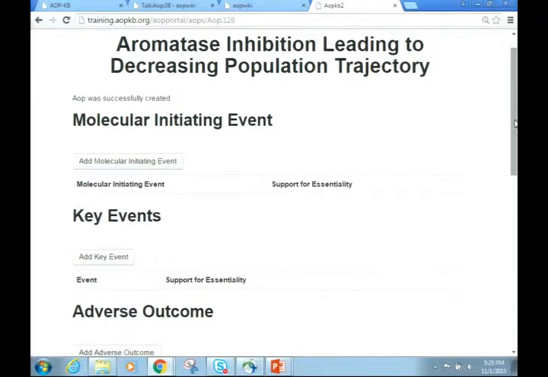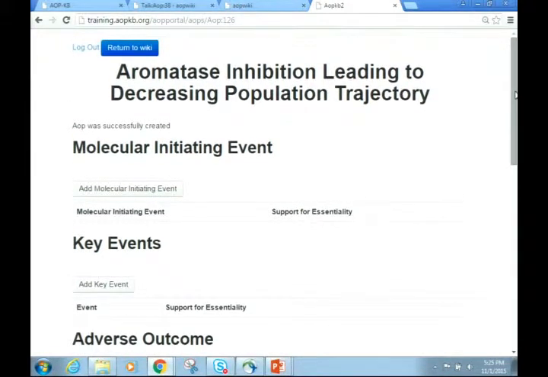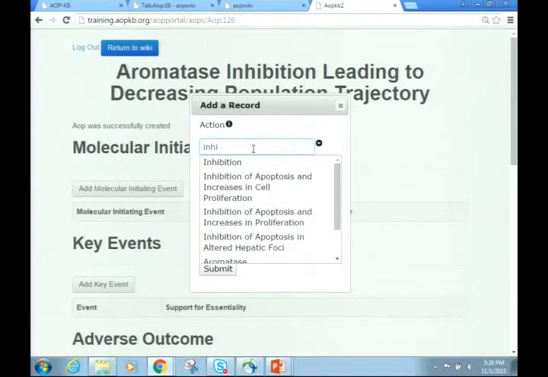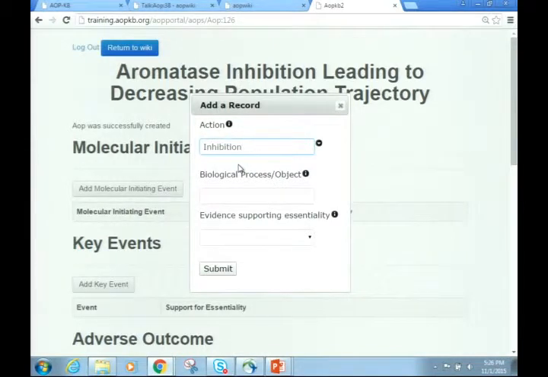And so this puts us in what we call the widget page. So again, it's putting information into the wiki, but it's doing it in such a way that it kind of connects all the dots that need to be connected. So we can add a molecular initiating event. And I went through earlier, if an event exists, you can use that event.